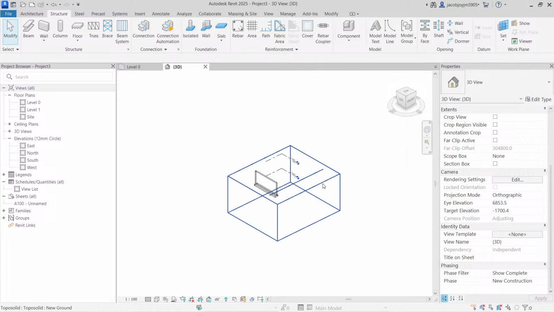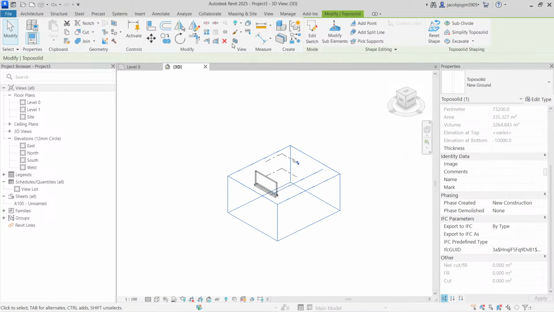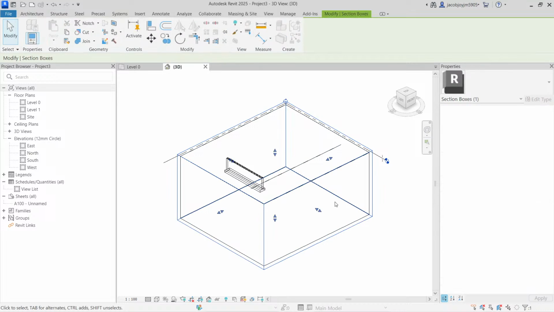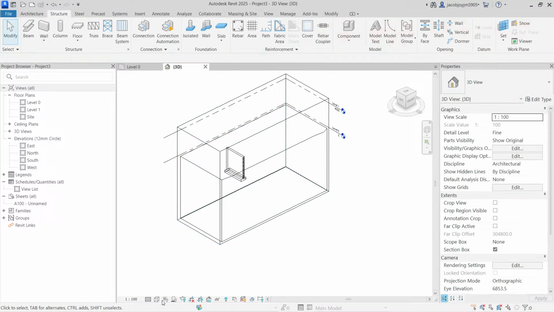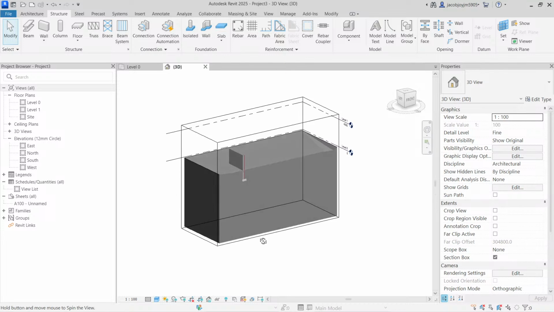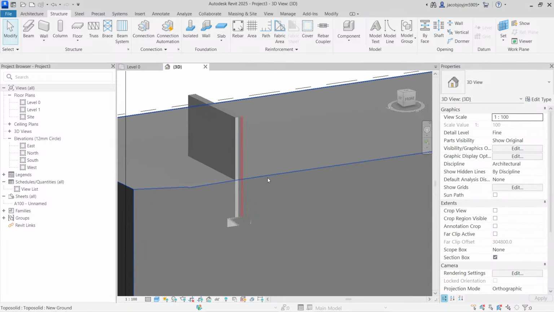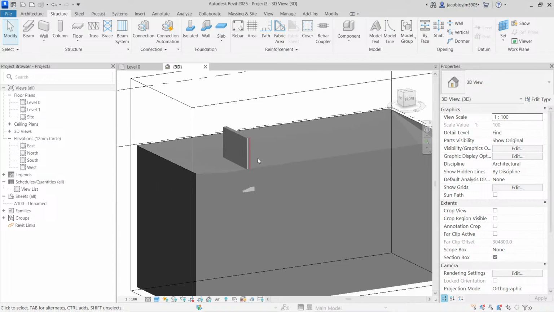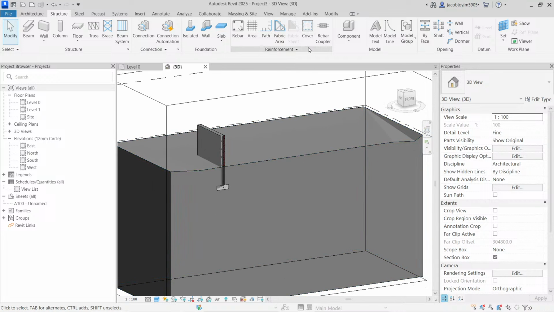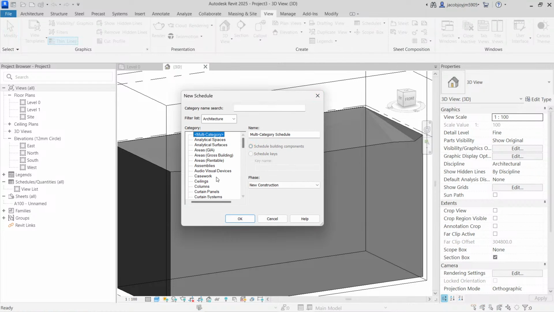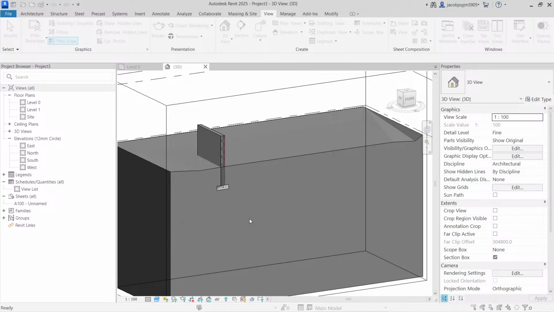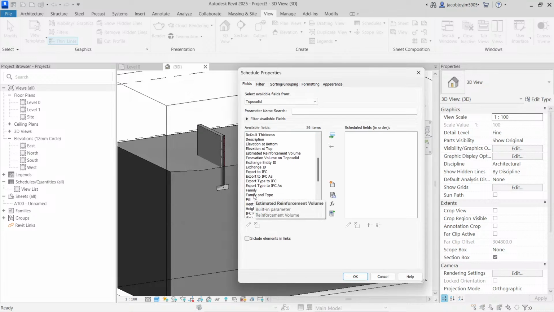Before I join, I can show you clearly now. Okay, now it looks like these two are clashing. Okay, if I take a schedule, topo solid, if I take a topo solid net cut and fill,